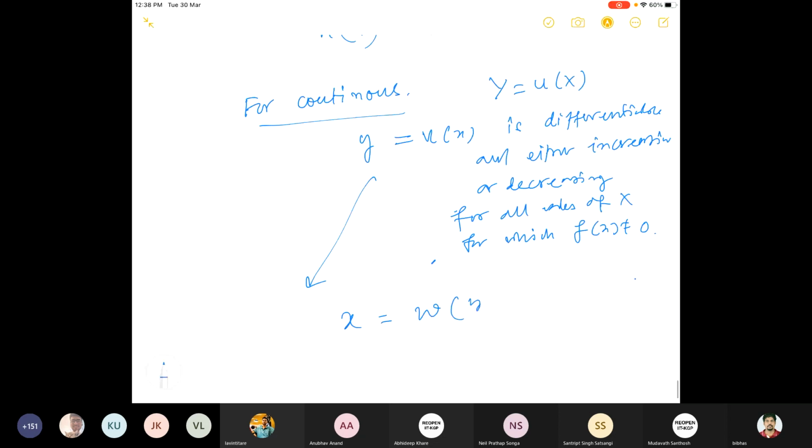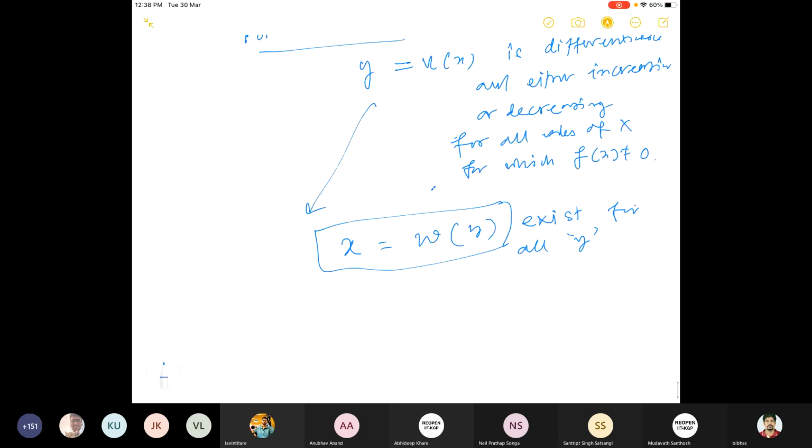So let's say this function will be x equal to w of y, and then this will exist for all values of y, and then we'll take a derivative to compute